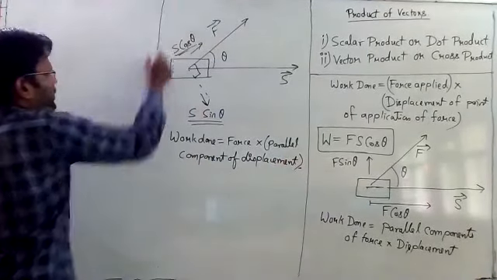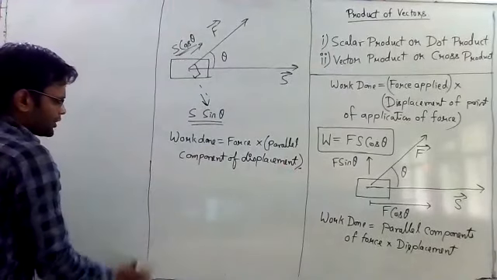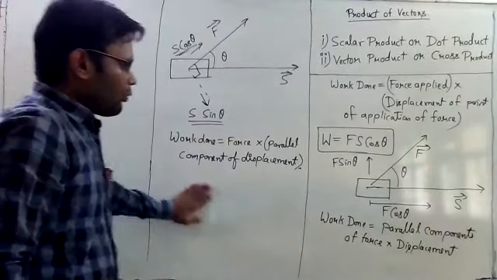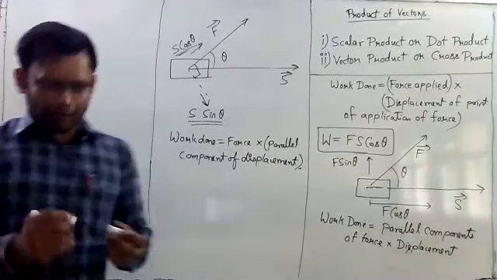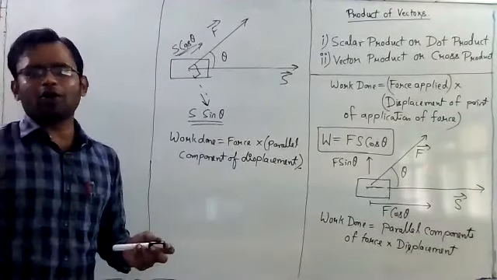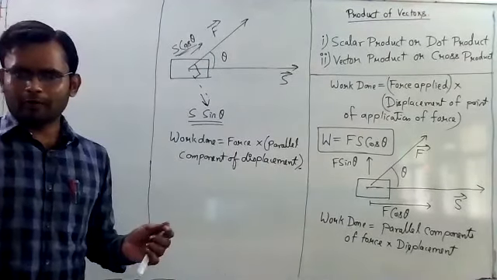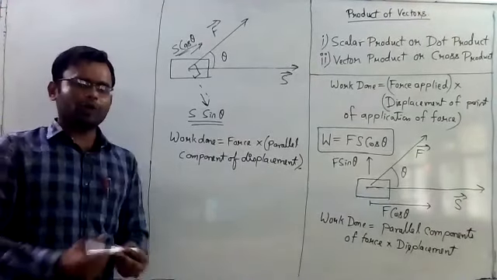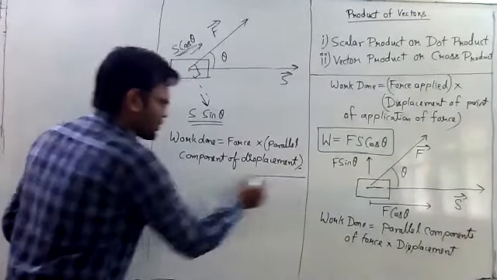One thing you must have studied in class 10 or before, in the chapter work, power, energy, is that work done is zero if the force applied is perpendicular to displacement. Have you studied that? When the force applied is perpendicular to the displacement, then work done is going to be zero. I am giving you a few examples.